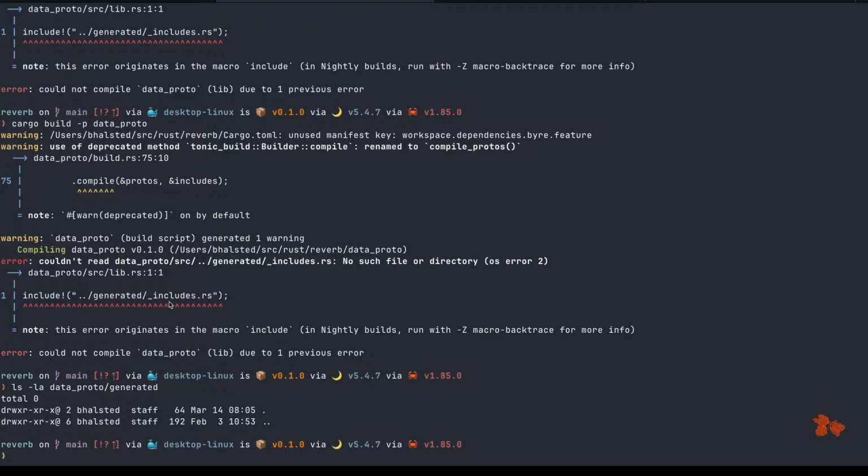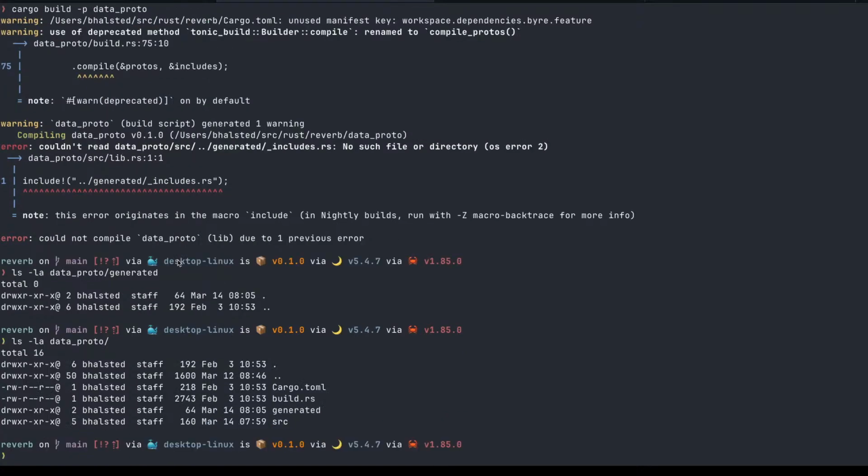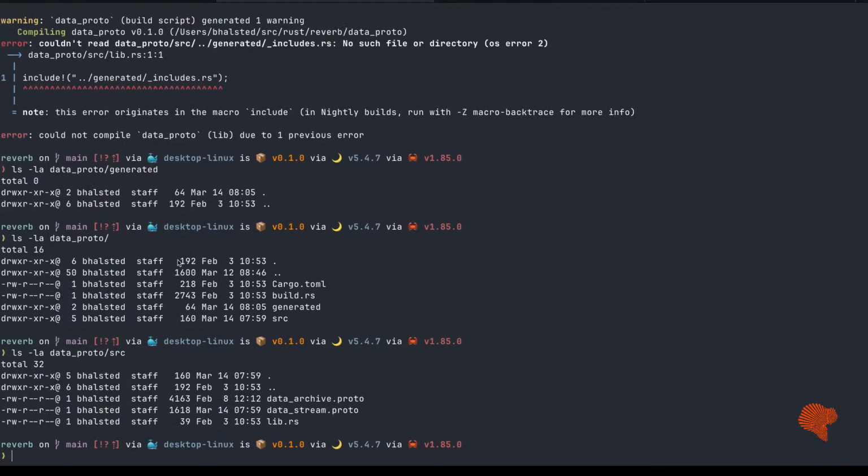Why isn't the build script running? Because this should be compiled after the generation happens. Is it putting the code somewhere else?